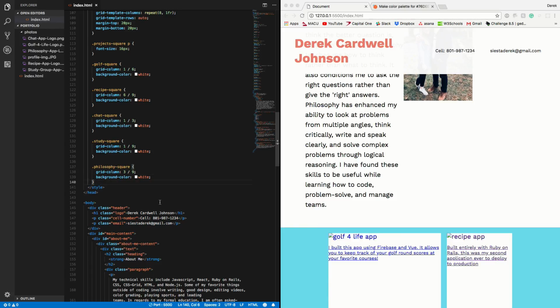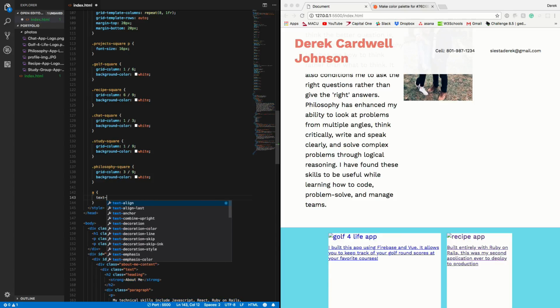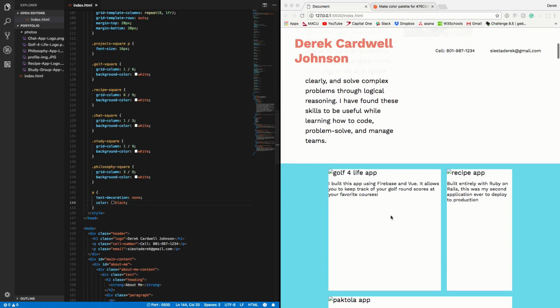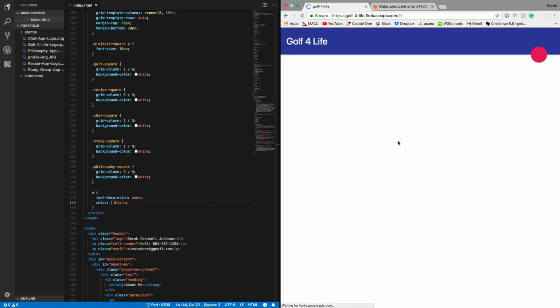So I'm gonna restyle that, and let's go ahead and give it a text decoration of none. Save that. Okay, cool. That gets rid of that underlining, and then just to make it a nice color, we'll give it black. Cool. So now we have this entire div. You can see when I hover over, my cursor becomes a clickable cursor. So if I just click here, boom, it takes us straight to my Golf for Life